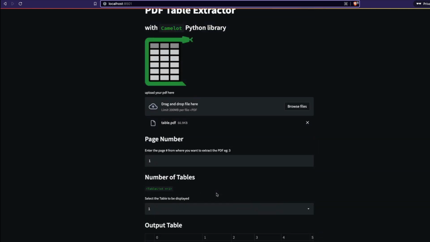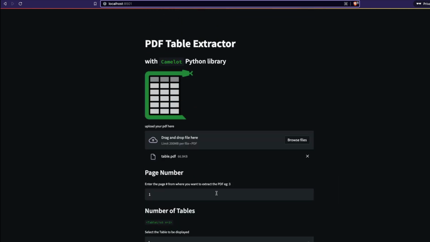So now I have shown you the demo that this web application, PDF table extractor with Camelot, works fine on my local machine. Now I would like to show you how to deploy this on Hugging Face Spaces. It's quite simple. You don't need a tutorial to deploy it on Hugging Face Spaces. We have already done it multiple times on this channel, but sometimes deploying or making it production comes with a new set of challenges. Right now you wouldn't see any because I've already tested this, but deploying is always good.